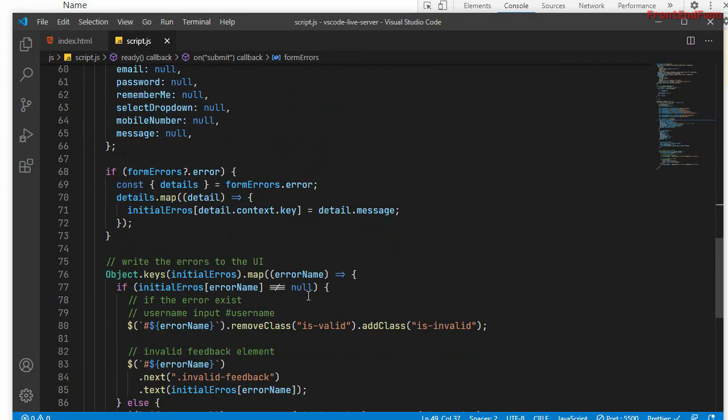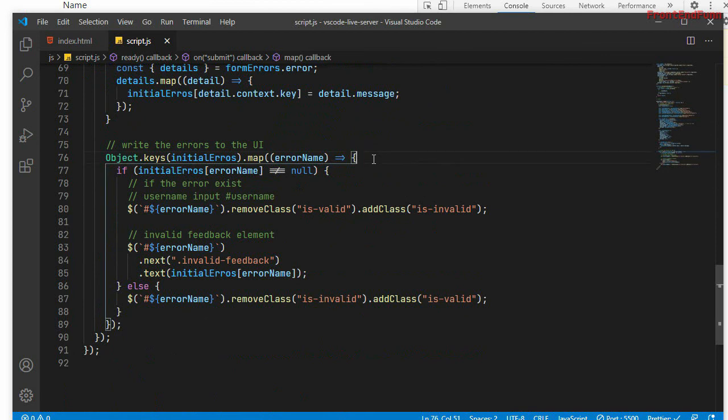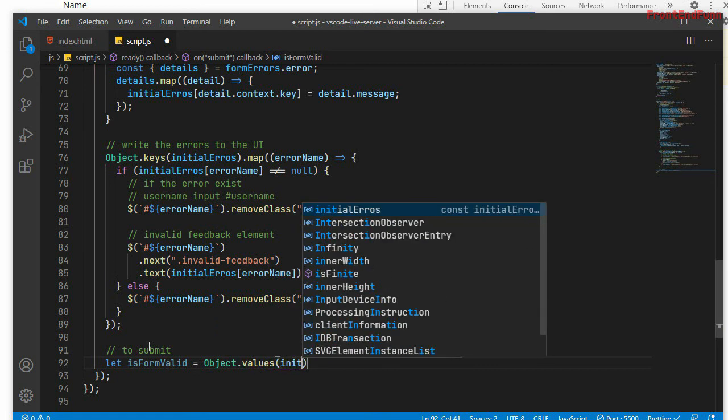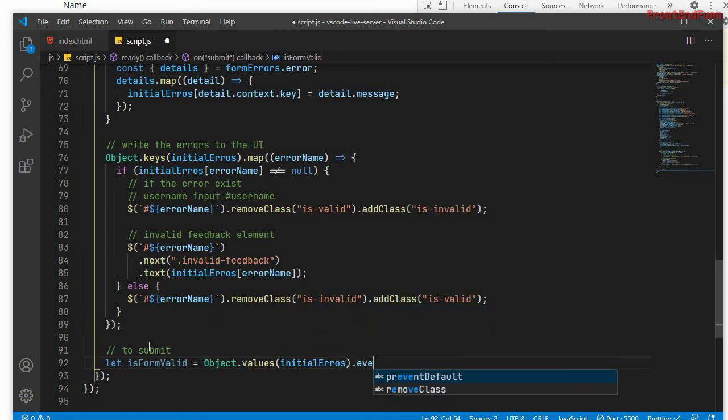The final thing we can do is, once the validation is successful, we need to submit the form. So to submit the form, I'm just using an alert here. Let isFormValid be equal to Object dot values of initial errors dot every.